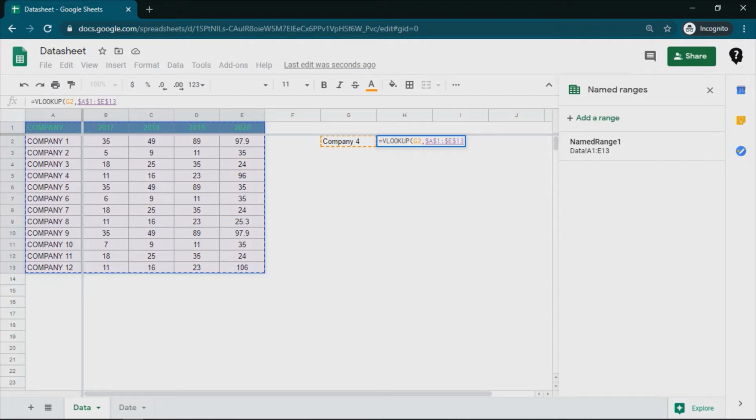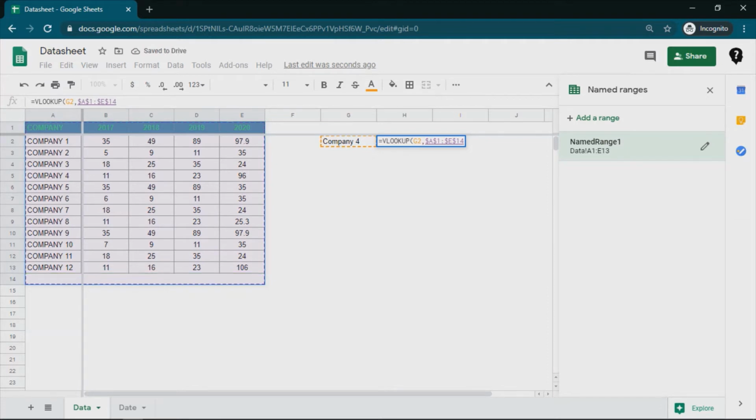In that case it is handy that if we create a named range, we can use that in multiple formulas, and whenever there is a change in the data we just need to go once to our named range, click on edit and modify our data, for example this one. Okay, done. Now this is how we can change our named ranges.